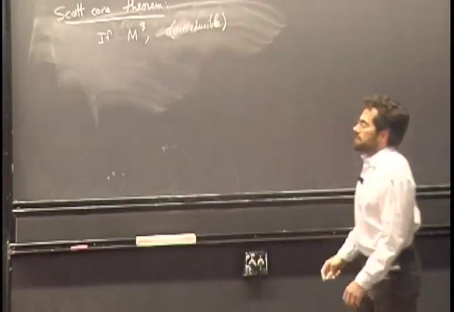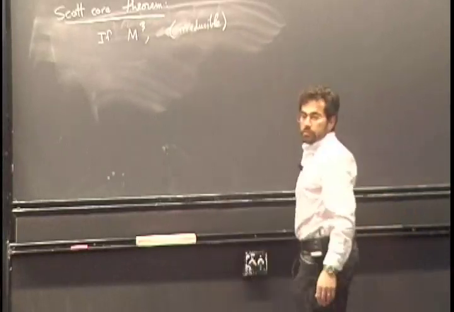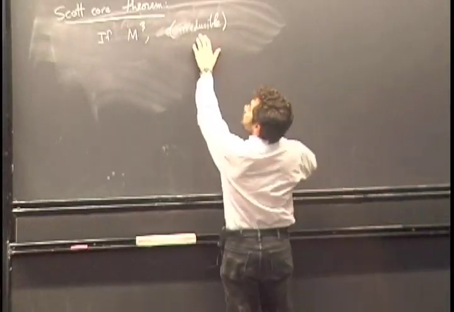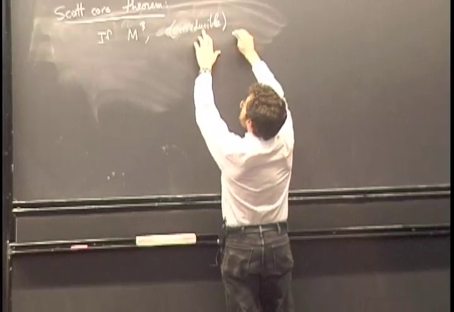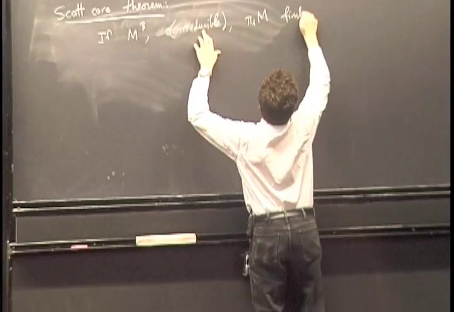This roughly means the second homotopy group is trivial. This is somehow automatic for all the manifolds we're going to think about, for hyperbolic manifolds. So if it's an irreducible 3 manifold and the fundamental group is finitely generated,